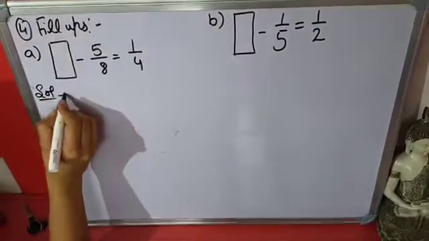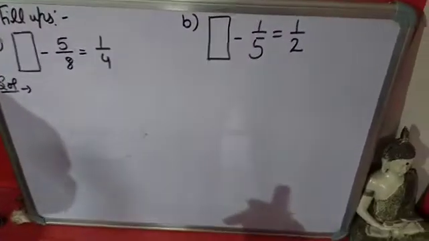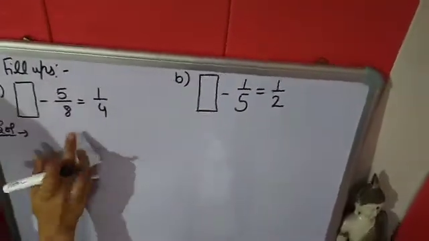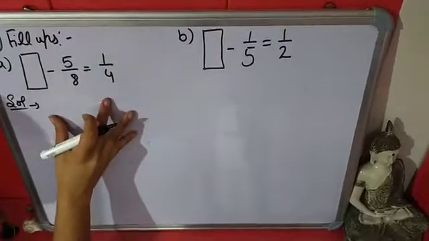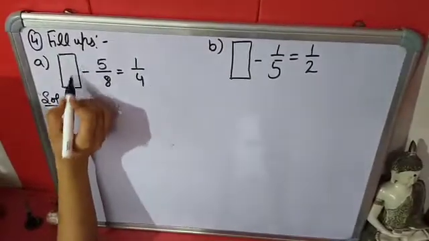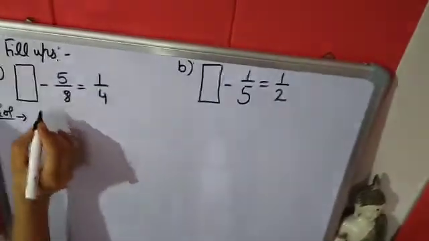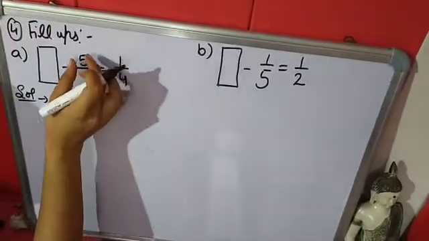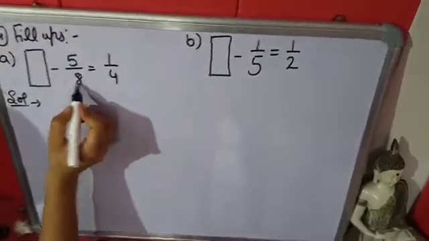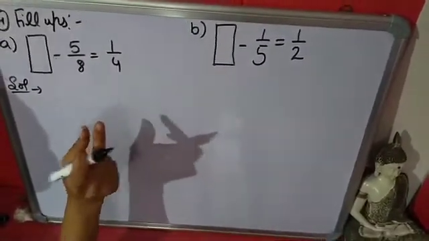Fourth question is fill-ups. Okay. This type of question we did in the previous exercise, but one difference was there. In those questions denominators were the same, but in these questions denominators are different. So we will do this question with complete solution. Now you have to find this fraction. So what we will do, we will take this number to that side. 5/8 here is of minus. When a minus number goes to the other side of equal, it will be of plus.